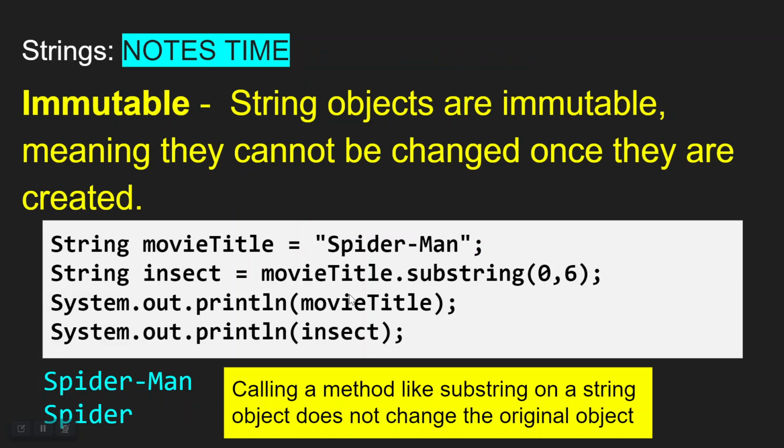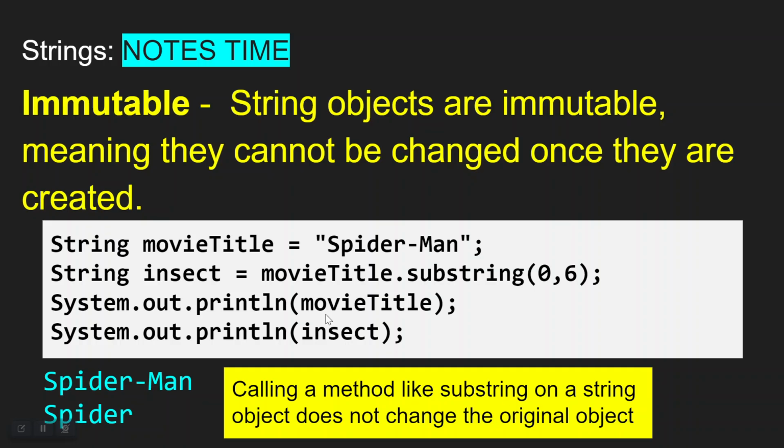Now, one thing that is important to know about strings is that they are immutable, which means string objects cannot be changed once they are created. Once a string object is created, it cannot be changed. So if you want to manipulate the string and come up with new versions of it, you have to call methods on it and store the results in a new variable. The only thing you need to know right now is calling a method like the substring method, which we're going to learn about in the next lesson,